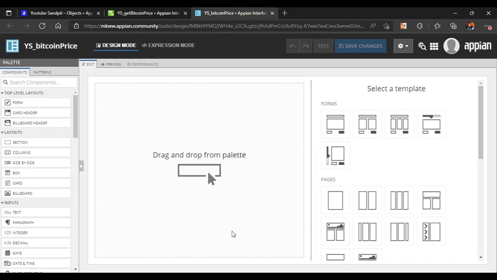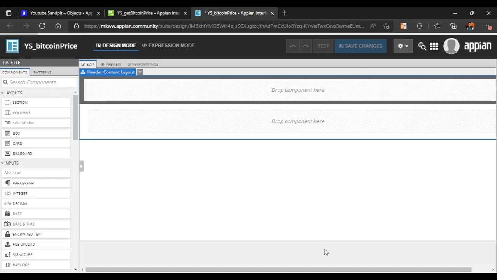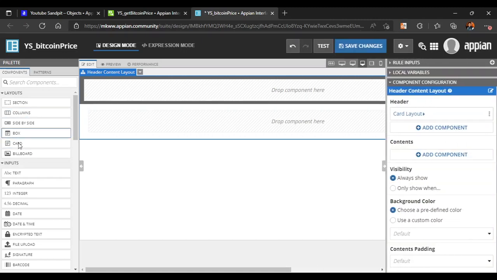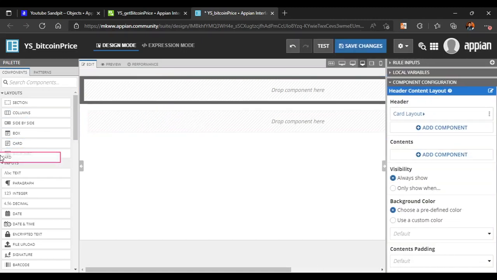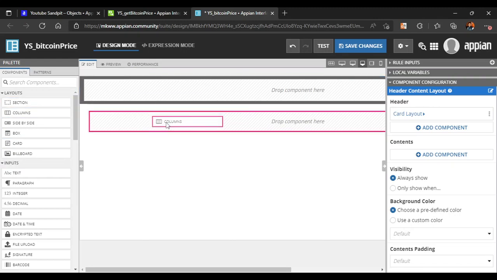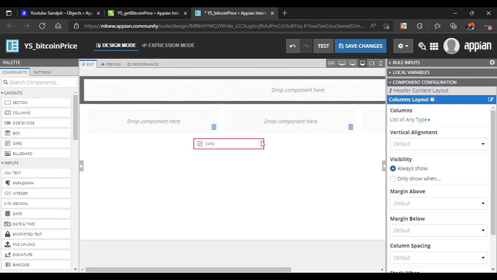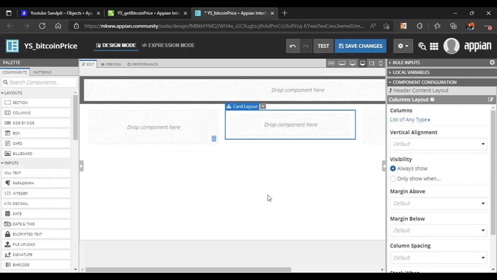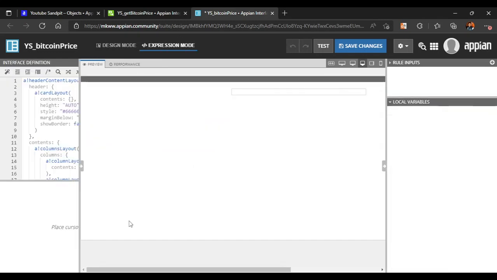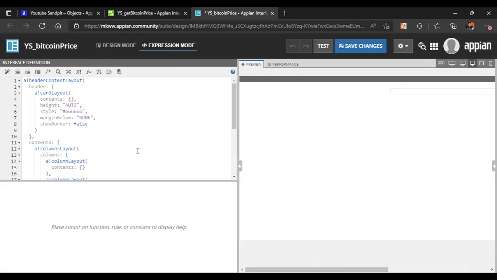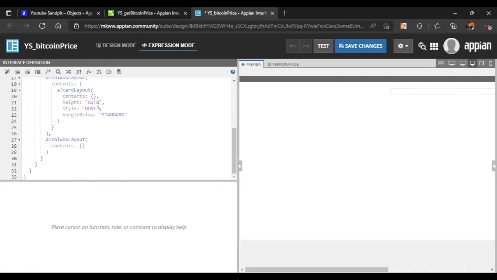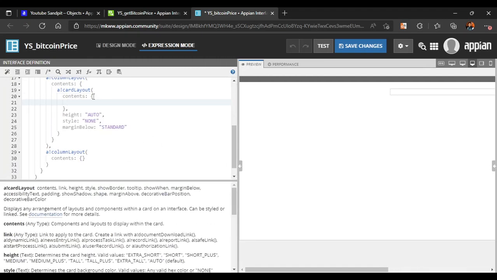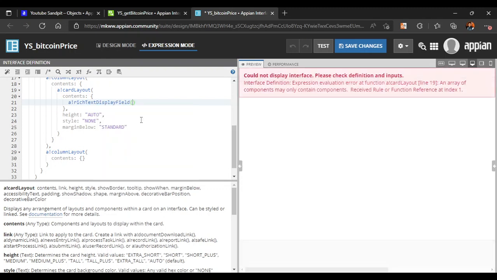Okay, so this is our blank interface. Now let's try to use it. Now we will use the card header layout. And how to add it? Let's put a column layout. We will put a column layout. In the column layout we will put a card layout, and in this card layout we will use a rich text display field,